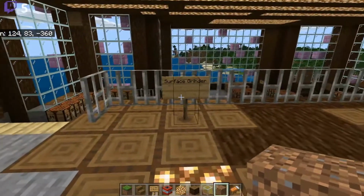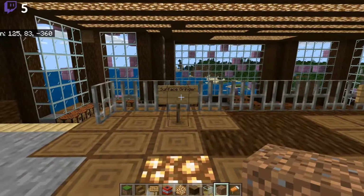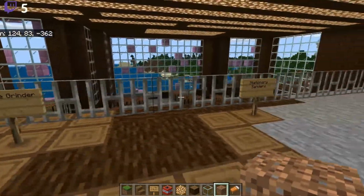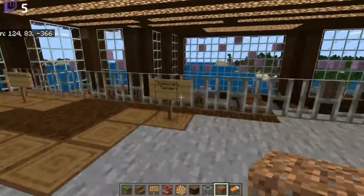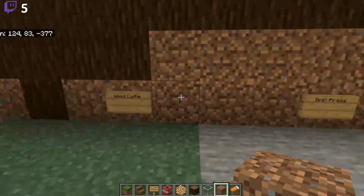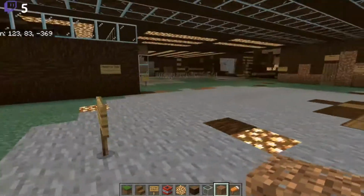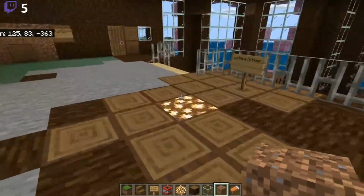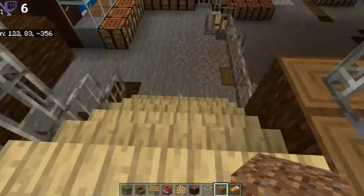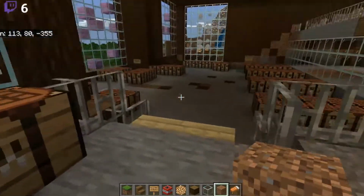Oh, well, I mean, the stairs are the stairs in Minecraft, I suppose. This is all a rough draft, let's call it. Surface grinder, stationary sanders, bandsaw, router table, wood lathe, drill press, arbor press, and basically everything that's stationary goes up here. And then we go down here to the assembly area, down the steps, into the, there's some counters and